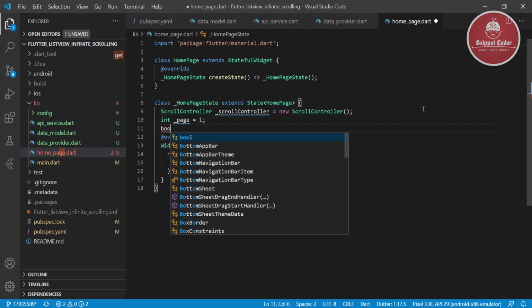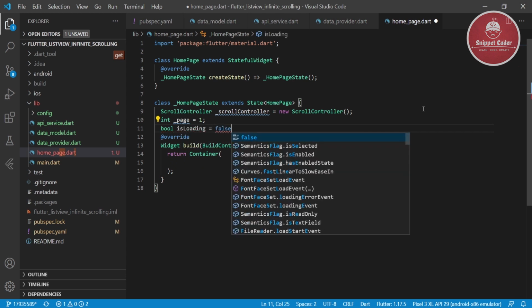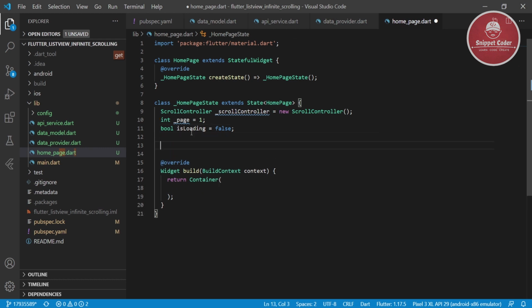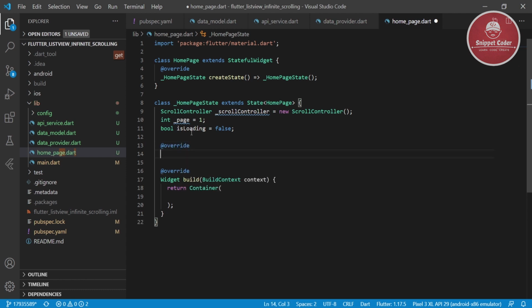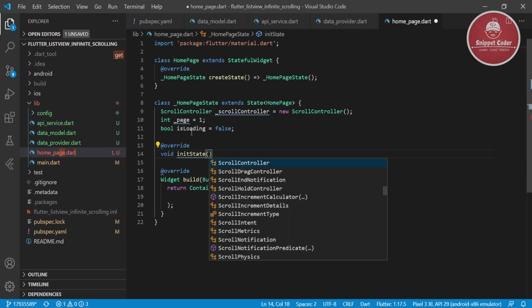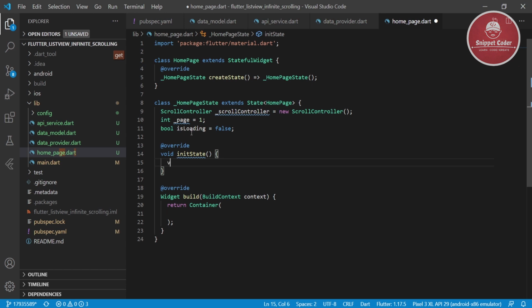Then we will have a boolean of is loading, equal to false. Then we will override the initialize state method. And here we will call the provider.